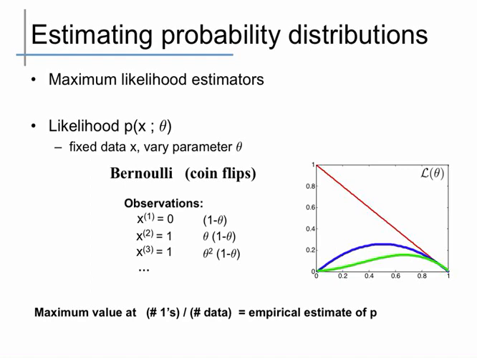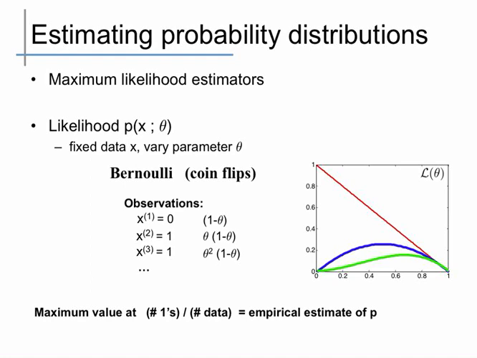So consider, for example, the Bernoulli outcome. If we had a single coin flip, and we observed that it was equal to 0, then the probability of that outcome is simply 1 minus theta, where theta is the probability of it coming up heads. So rather than regarding this as a function of x, where x could be 0 and 1 and they sum to 1, we now regard it explicitly as a function of theta. And we fix the outcome that the coin flip came up tails. If we plot this as a function of theta, it's just the 1 minus theta line. So it's just this red